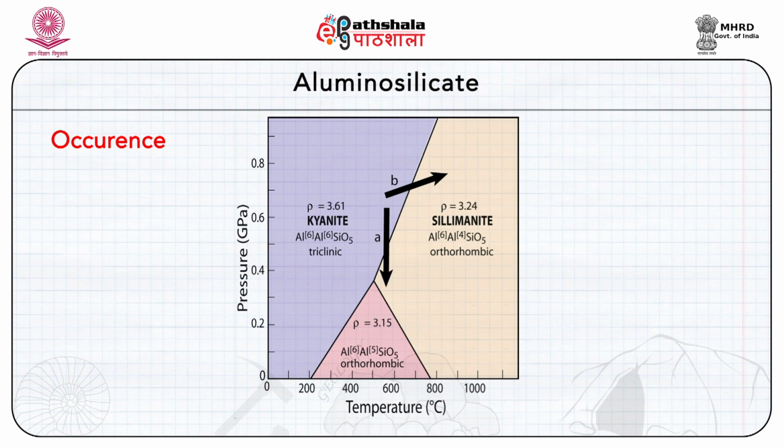It has been shown that small amounts of iron and or manganese entering the structure of Andalusite may significantly affect its stability conditions. The aluminosilicate polymorphs Kyanite, Sillimanite and Andalusite are characteristic minerals of medium to high grade pelitic metamorphic rocks like mica schist, biotite gneiss and hornfels.